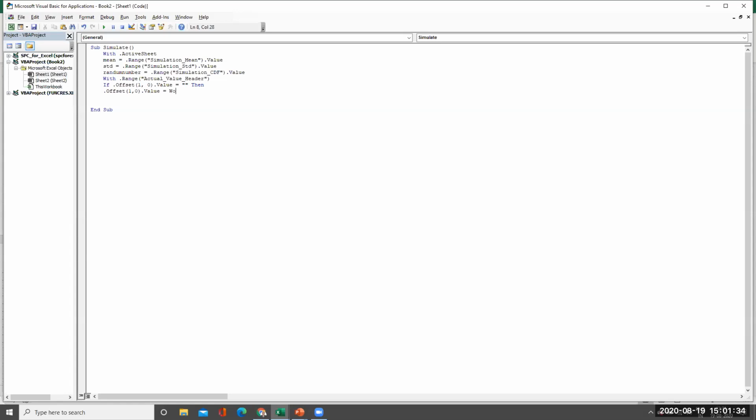WorksheetFunction, capital F. There is a function called Norm, WorksheetFunction dot NormInv, right? I'll put here open bracket, RAND, random number. The random number is nothing but the cumulative probability value, and then mean, comma, standard deviation.